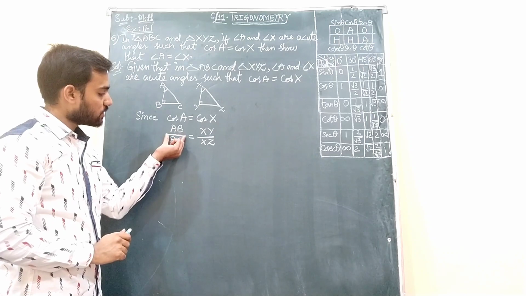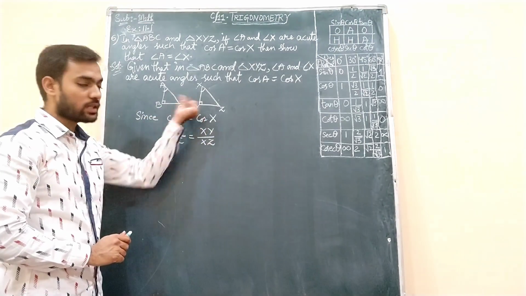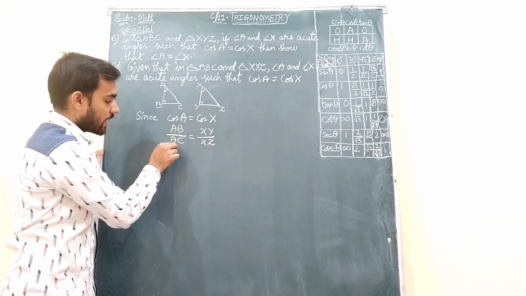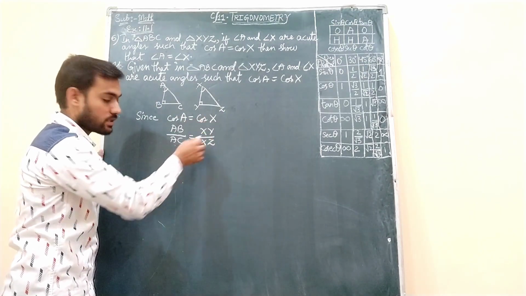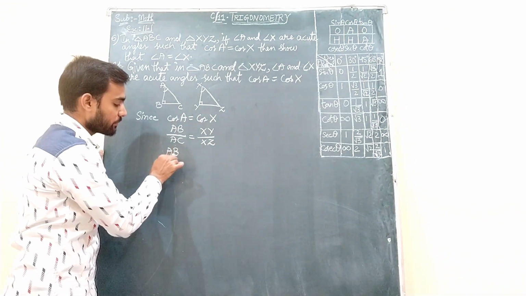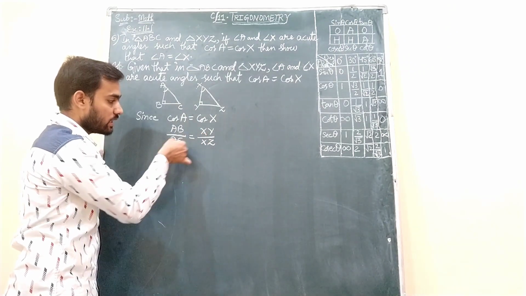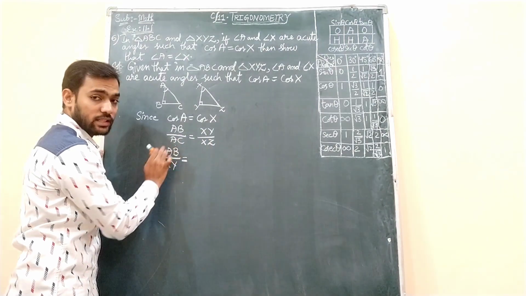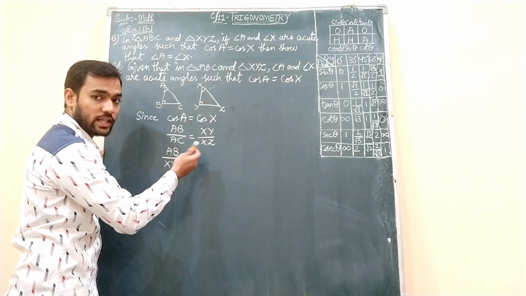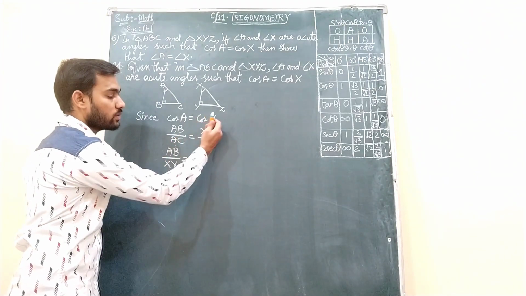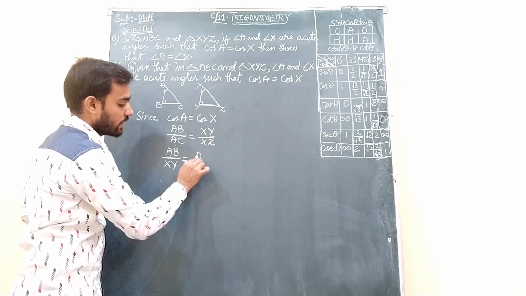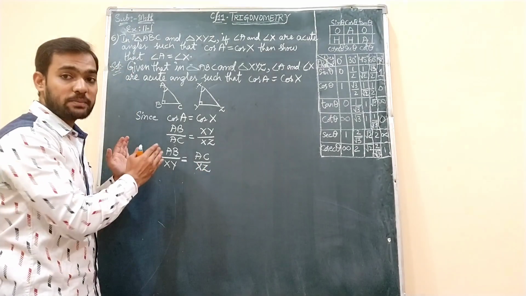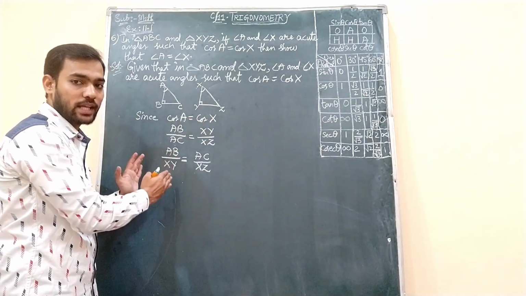But here you see these two sides are of the same triangle. What I will do, I will transpose XY from RHS to LHS and this AC I will transpose from LHS to RHS. So what will happen? They will get interchanged. AB by, as I am taking XY over here, I will get XY in the denominator. And I am not writing AC on the left side, I am transposing it to the right hand side. So this division part comes into the numerator, which means multiplication. So you will get AC by XZ. Why did I do this? To get the corresponding sides of the two triangles on the same side.